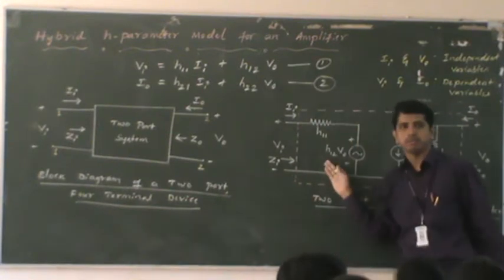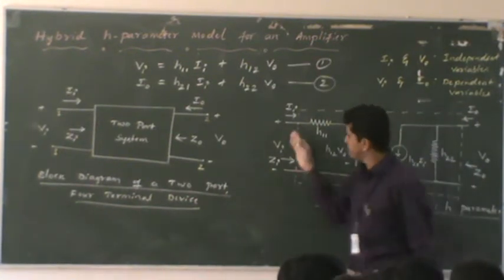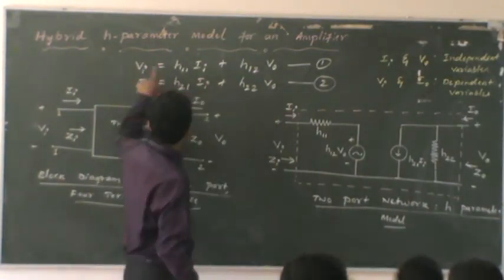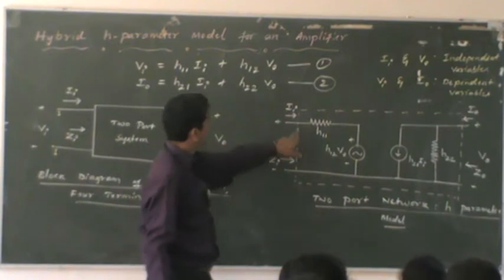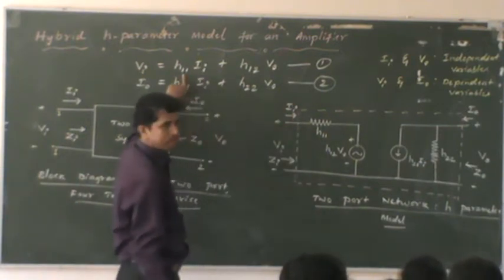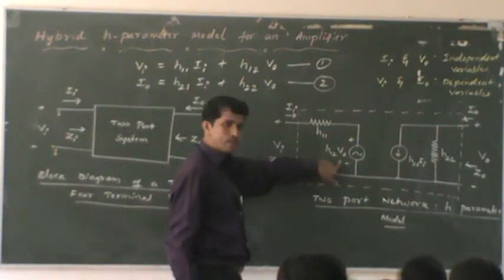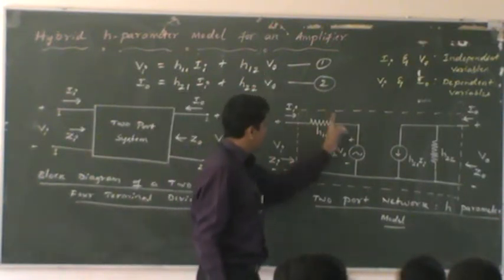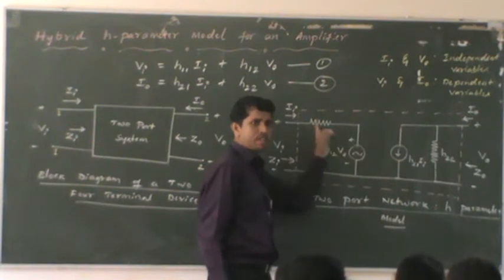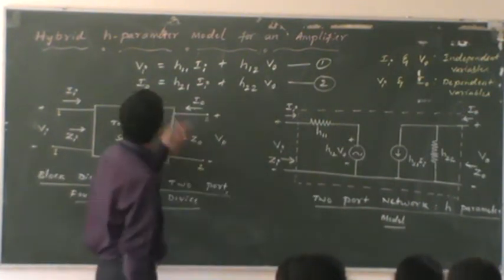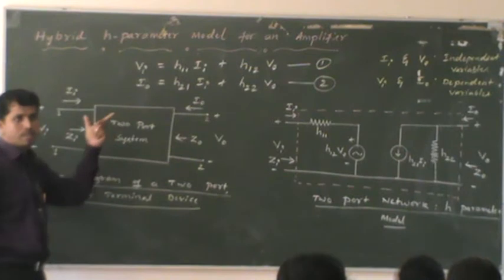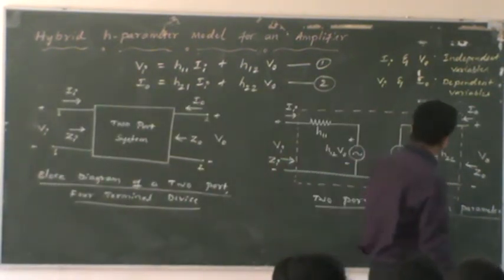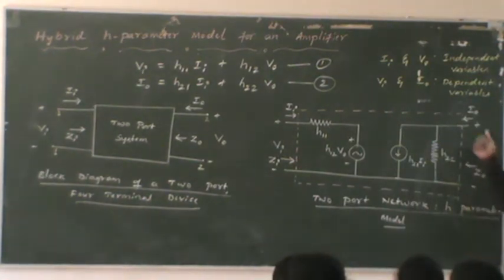The circuit is here. You will come out with the same equations: minus Vi, which is the same as here, and Ii times h11, which is here, and this is a voltage source, h12 times V0, which is here. That means if you apply KVL to the input section, that gives you equation number 1. You understand this? How to obtain equation number 1? And of course, equation number 2 you can obtain by applying KCL, Kirchhoff's current law.